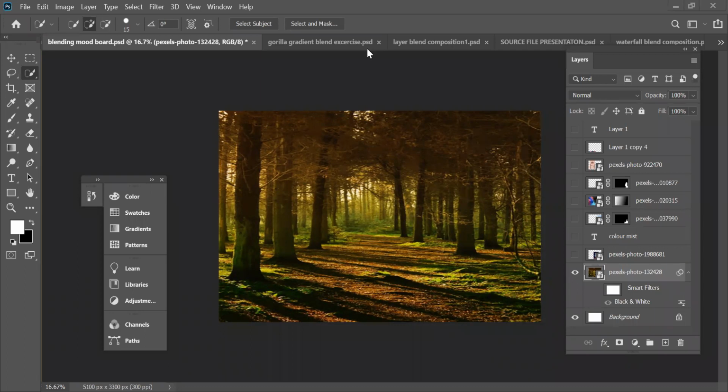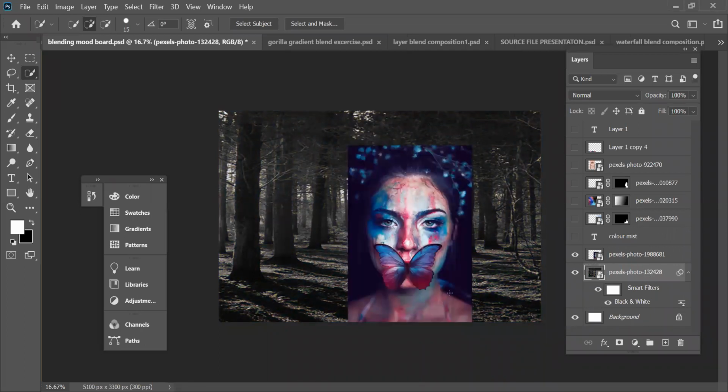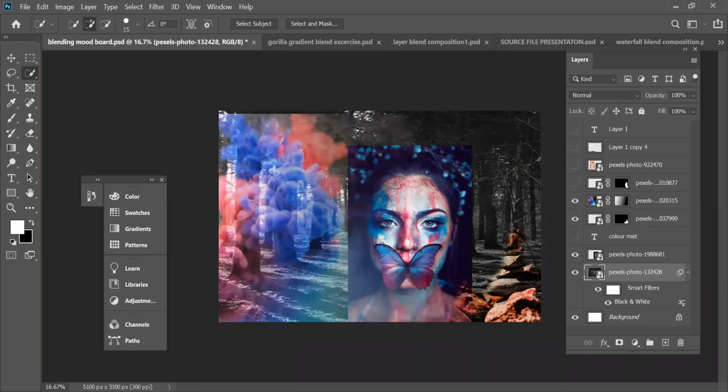Okay. So basically I had taken this photograph and I had used a smart filter, black and white, just to desaturate it. So if I click on this, this has been desaturated. Then I got my center photograph over here in the center. Then this columnist typography, I did it later on. Then there was this element of this rock that I had put on the side, this blend of this photograph that I had used here.